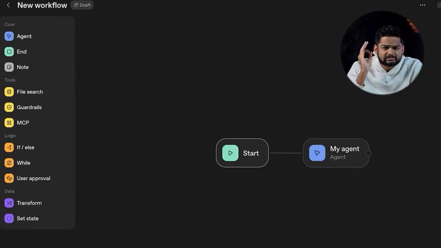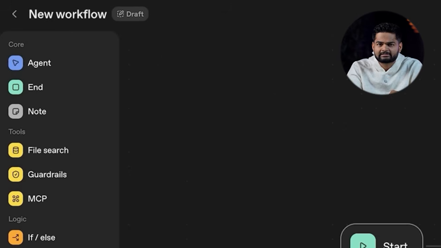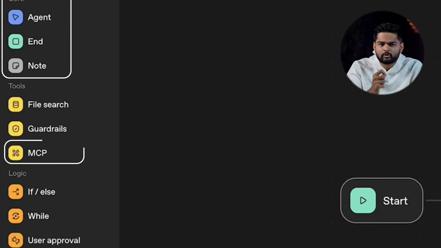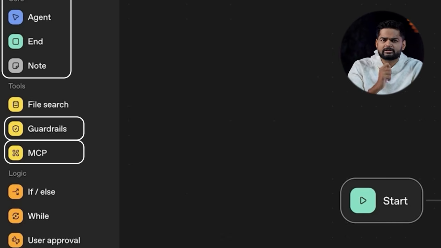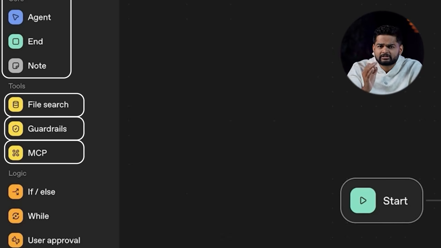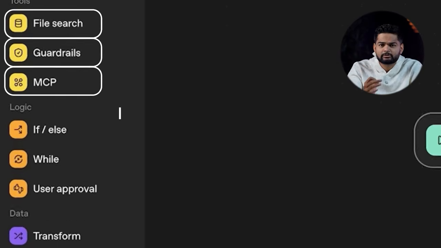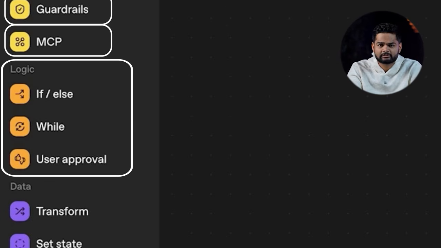Okay, so this is the interface. Let me break down what you're seeing. On the left side, you've got all your building blocks. Agent nodes, your actual AI agents, MCP, model context protocol connections, guardrails, security features, PII protection, keeps sensitive data safe, file search, that's basically RAG, searching through documents, if/else, conditional logic, branching paths, while loops for repetitive tasks, user